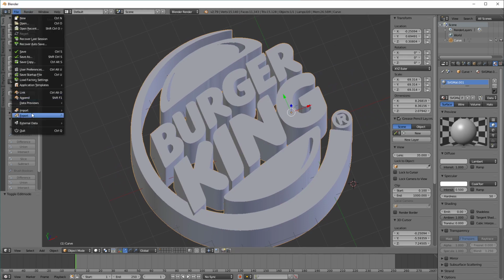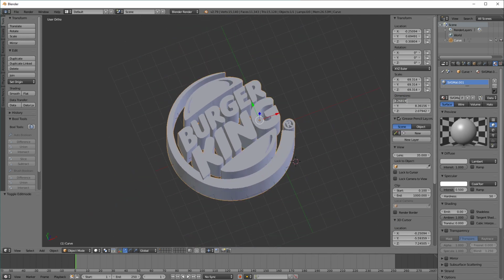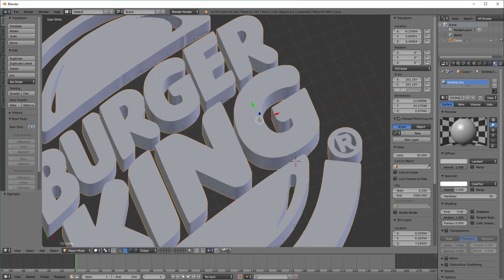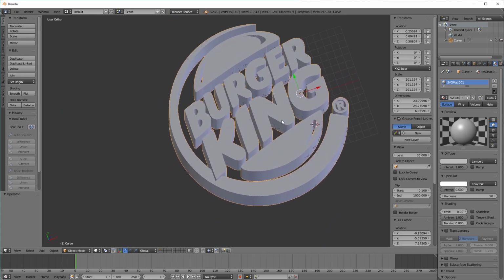Then we can do File, Export, STL, or we can work on our scale and say, okay, I want this to be the size of a... Sorry, I had to look up how big a quarter is in millimeters. It's 24 millimeters. Okay, so we'll say I want it to be the size of a quarter, so I'm going to set its largest dimension to 24. It doesn't scale the whole thing evenly unless you lock it. But anyway, I'm going to take this and put it on all of these. This is the scale dimension. So now it'll be 24 by 23 millimeters, roughly the size of a quarter, and it's going to be